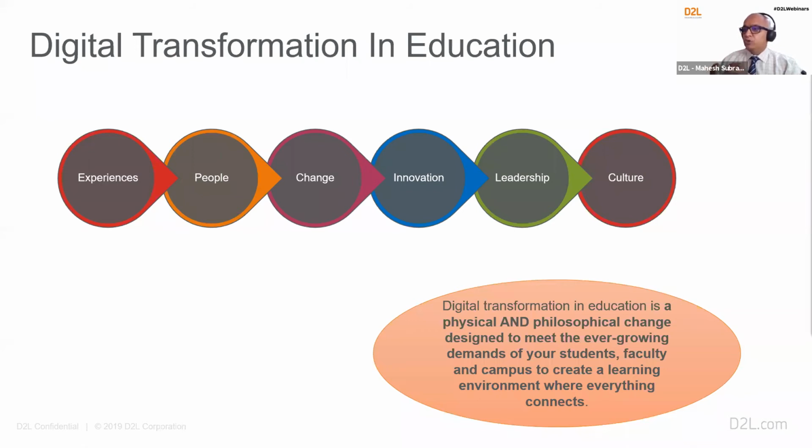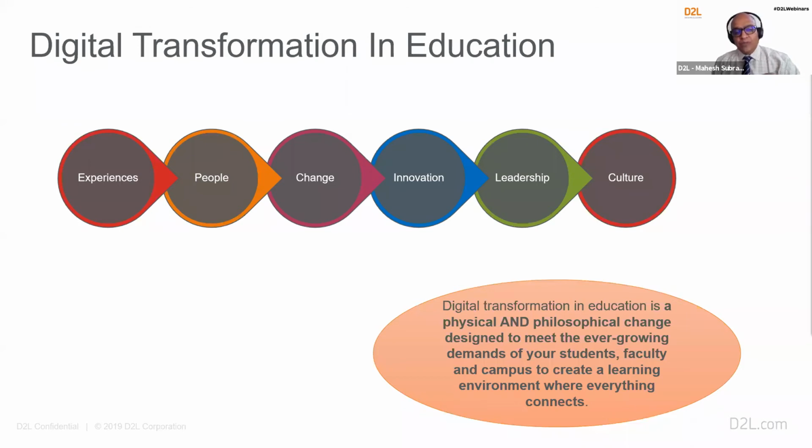But for an institution to be able to build an effective hybrid learning model, to be able to impart education online, there are what we call the 6 pillars of digital transformation. These are the 6 pillars that are required to be taken when you're trying to digitally transform your institution into the online education space. Now, in my opinion, the word digital transformation actually has got nothing to do with digital or transformation. It's got everything to do with people. People are the key of any transformation exercise.